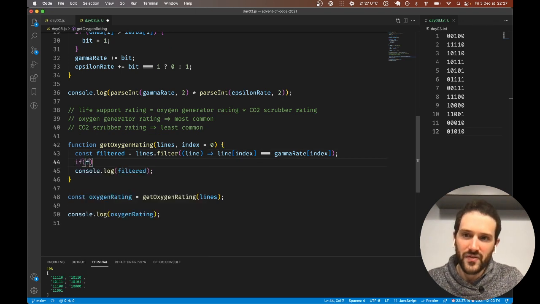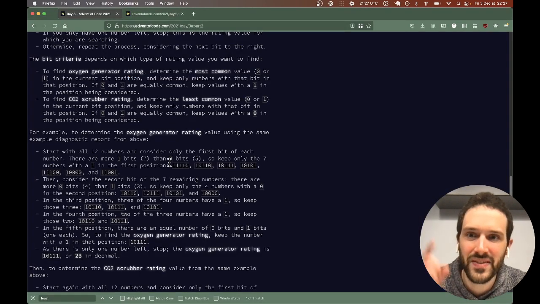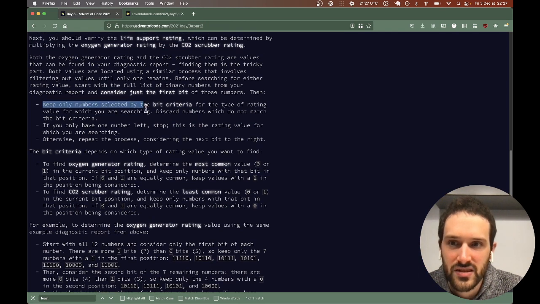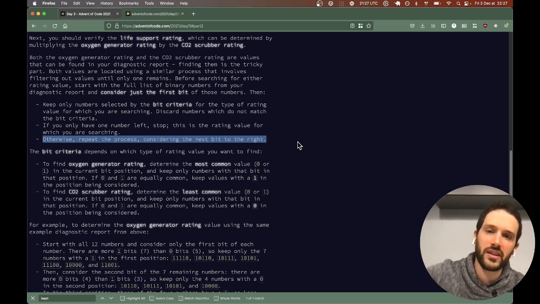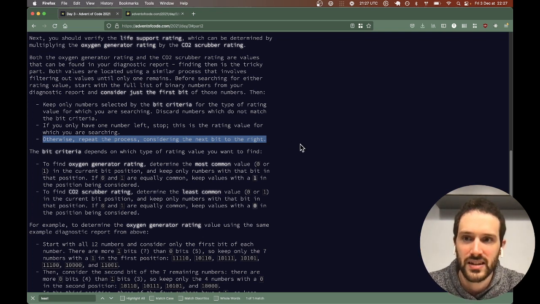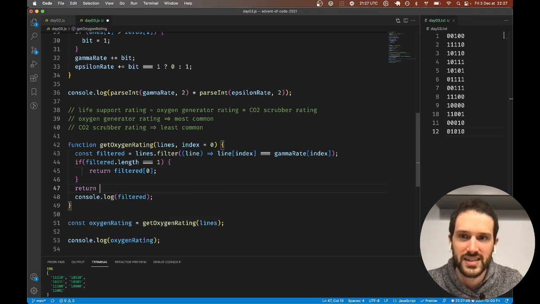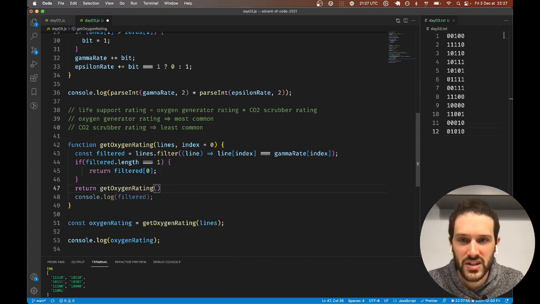And here we need to say if filtered.length is equal to 1, return filtered of 0. So what they say here is you need to filter with the specific bit criteria, and if there is just one number, okay, that's it. If there are more numbers, you repeat the process with the next bit to the right. So here we're going to be repeating the process with the next bit to the right, and here we are just using the same function,